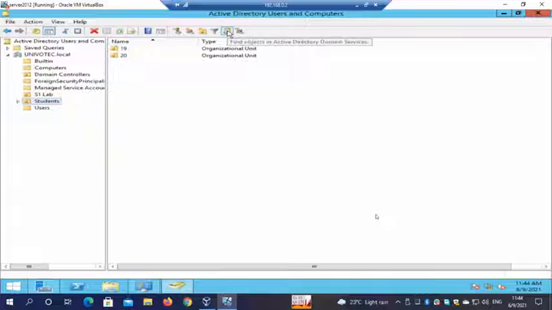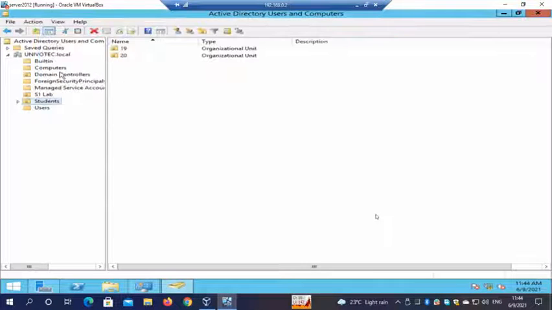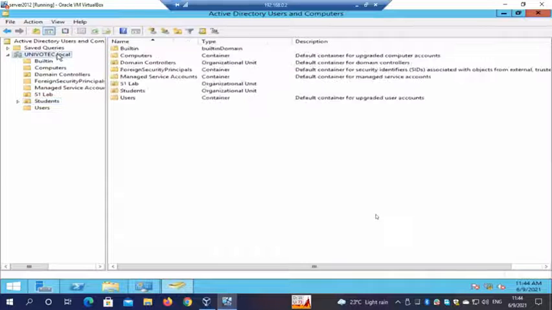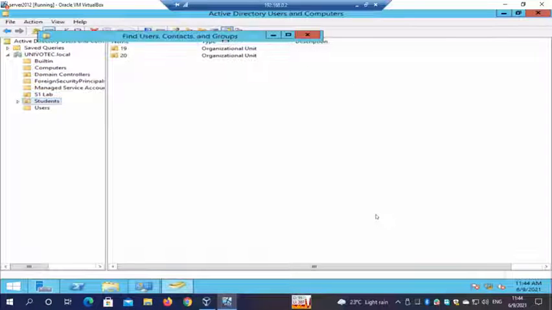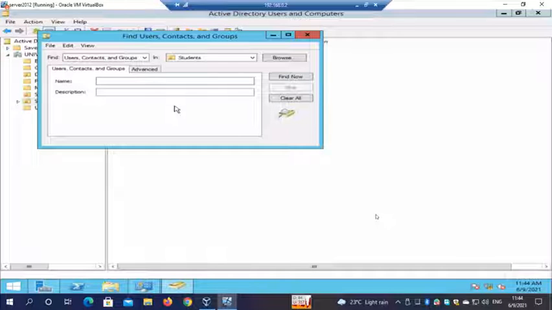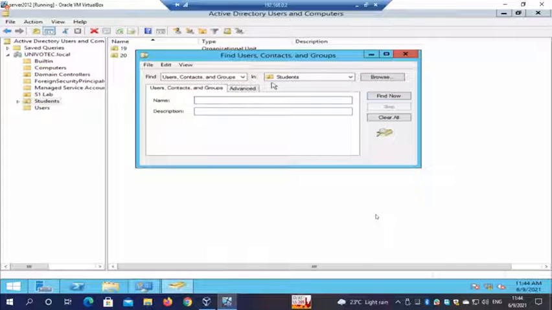So there is a search function which is available. You have to first click, yeah, better to click the domain, or if you know that the user account is in one of these OUs, you can click there. So, find users, contacts, or groups in. I have currently selected the Students OU, so it searches in this.